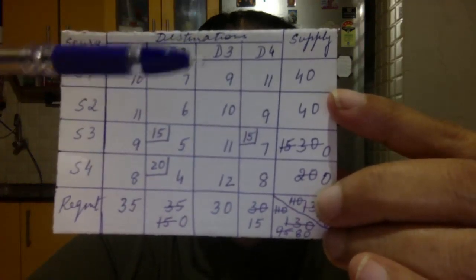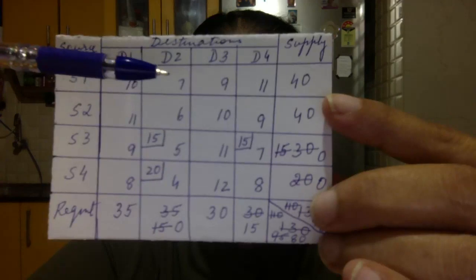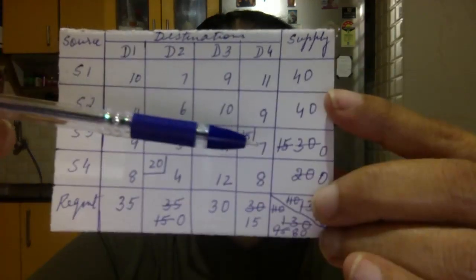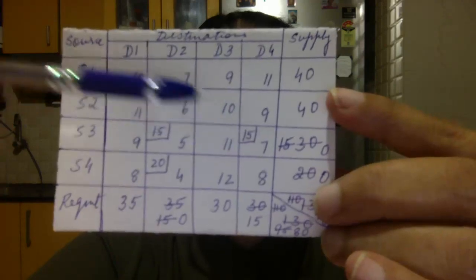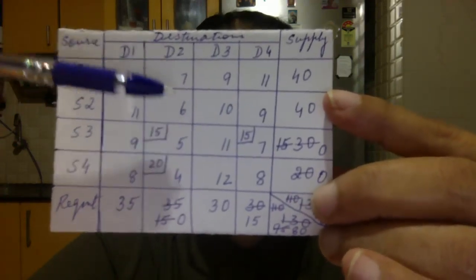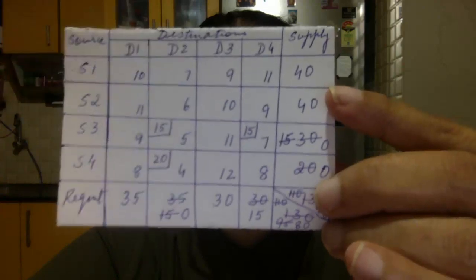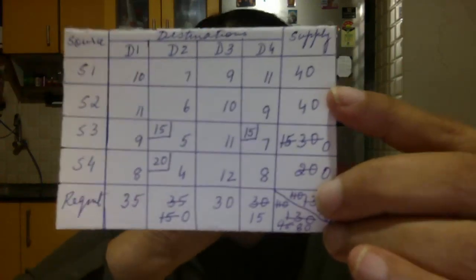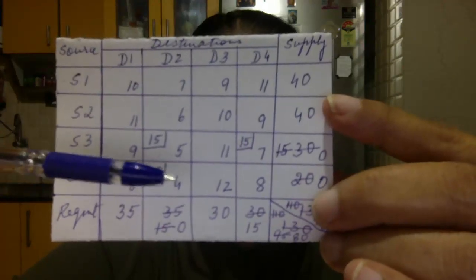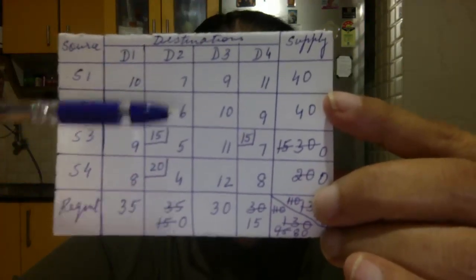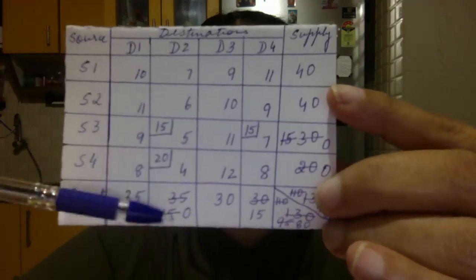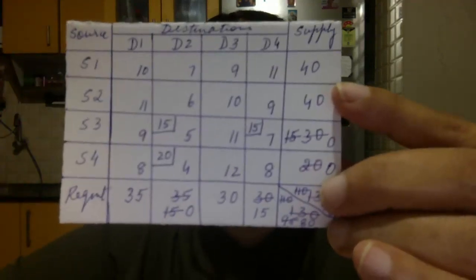Oh my god, I made a mistake. There is a 7 here, this one. Oh no, we finished this 7, correct. So there is a 7 here, we'll go to this 7. But this whole 7 is a waste, you cannot do anything. So we are right. We'll look at everywhere. 4 we gave, 5 we gave, 6 we cannot give because this is 0. This whole column we cannot use, right?